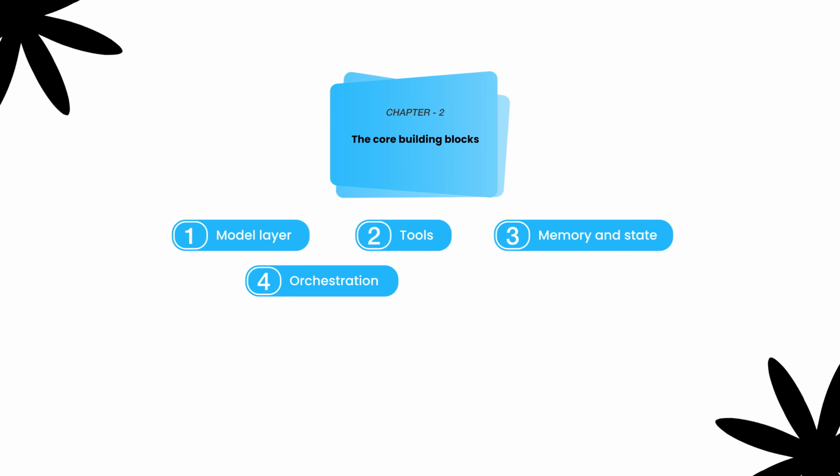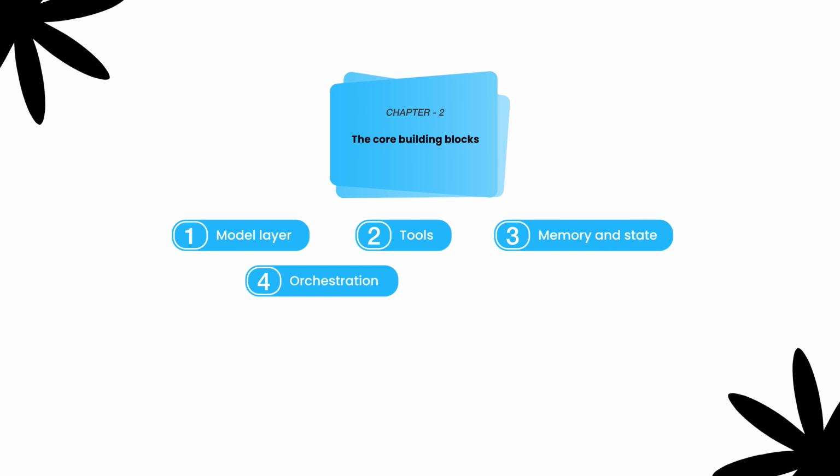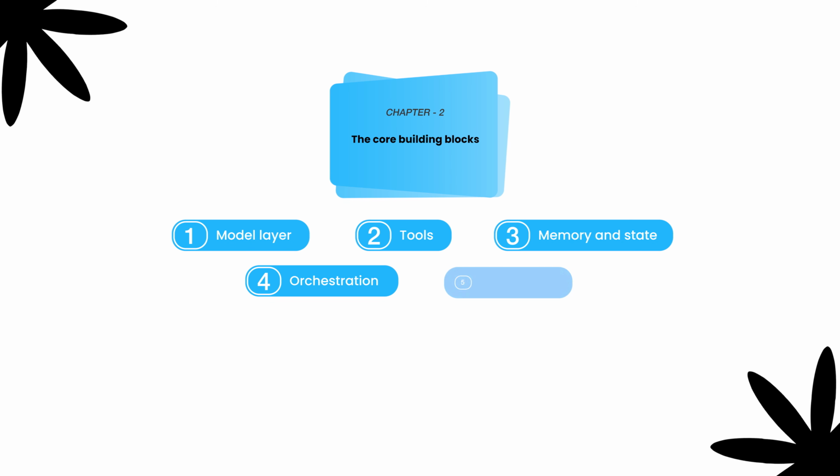Now, let's talk about one of the most important yet ignored parts of agentic AI system design, which is evaluation. I have also created a deep dive video on AI eval, so you should go check that out as well after this. See, in traditional software, if the function runs and no exception is thrown, we often assume that the system worked. But in agentic AI systems, that assumption very quickly breaks.